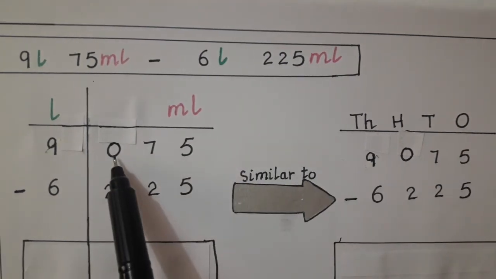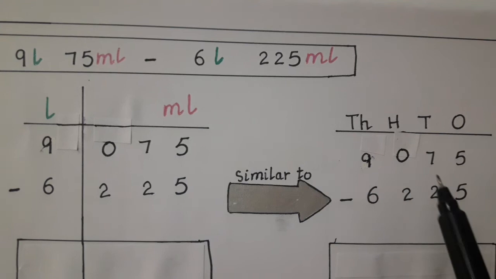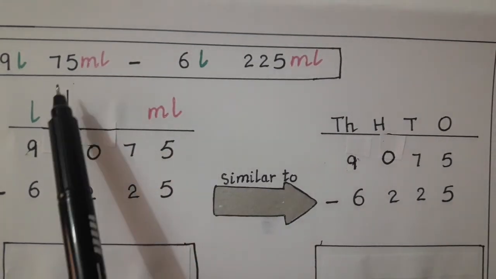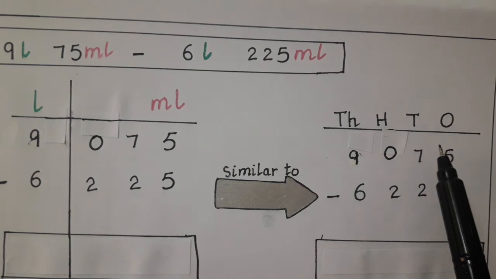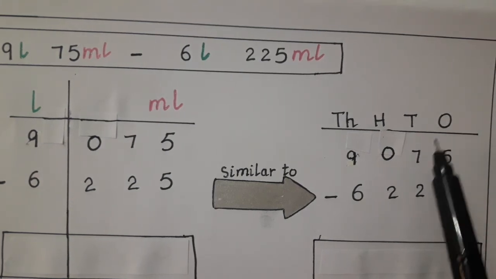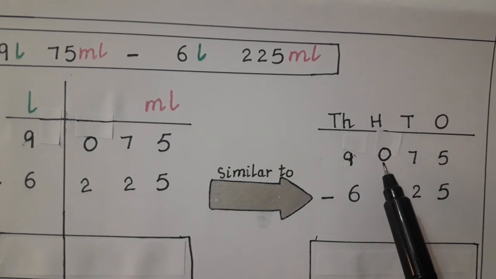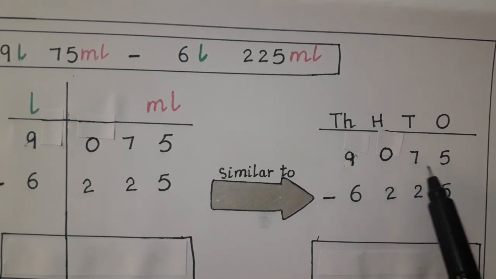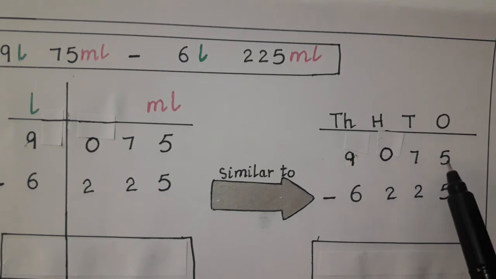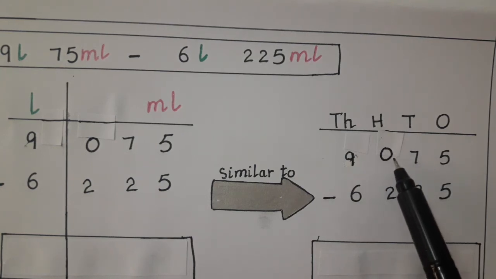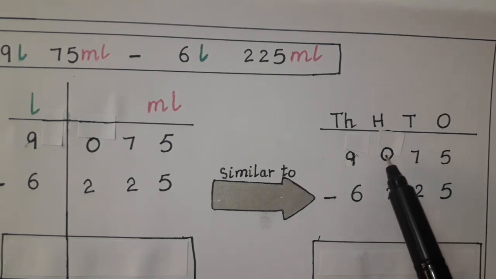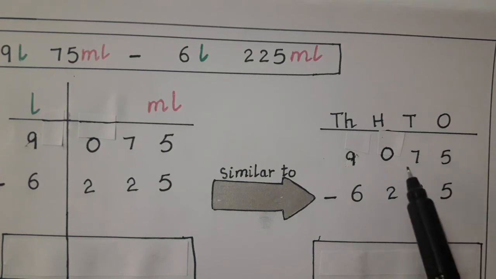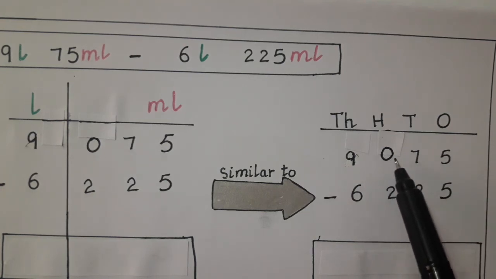So that you know that this is an empty space and you fill it with 0. In this way, if you feel any problem with this type of number, just arrange them in this way so that you can arrange these numbers correctly. So we write 9 in liter here, and for 75, in the tens place 7, because this is 70, so we write 75 in the tens place, and this box was empty and we filled it with 0. In addition, there is no need to write 0 if there is an empty box, but in subtraction, if there is any empty box, we will fill it with 0.